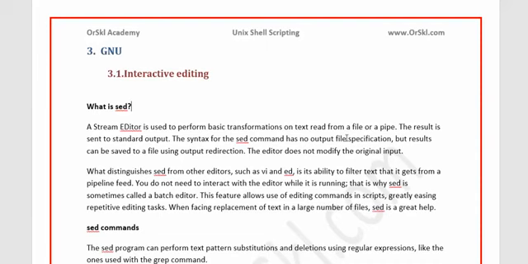Very similar to that, we also have the sed editor, but sed has a lot of additional features compared to grep.